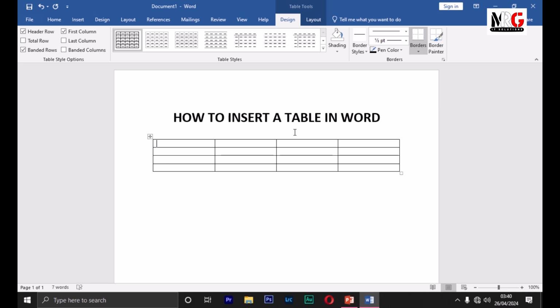We will continue this session. We will show you how to insert a table manually, how to format your table, how to delete a cell, how to delete a row, and then how to delete columns. Yes, we'll show you that